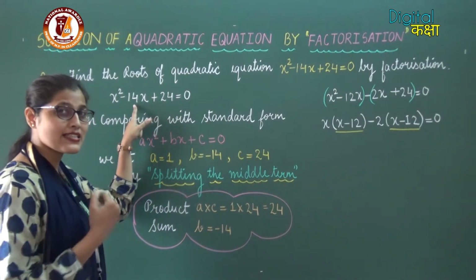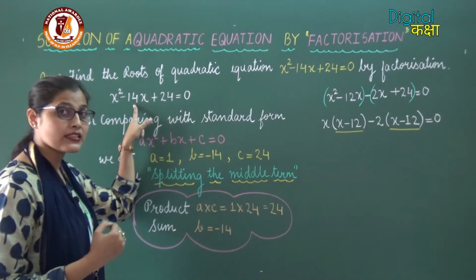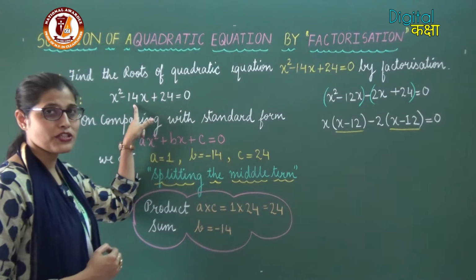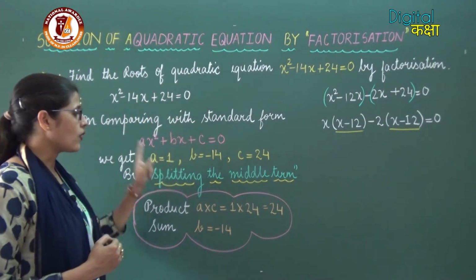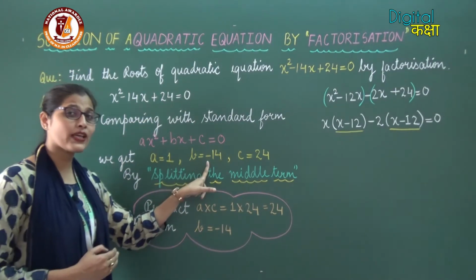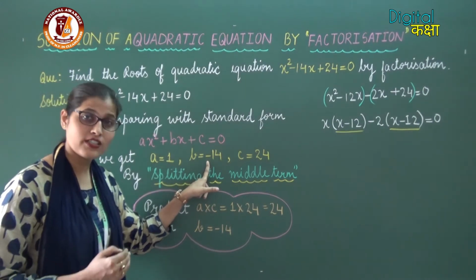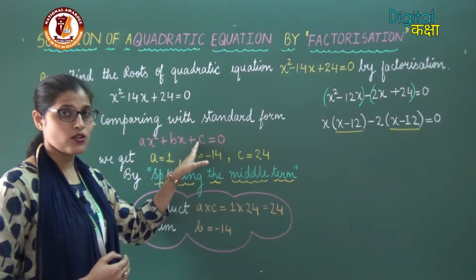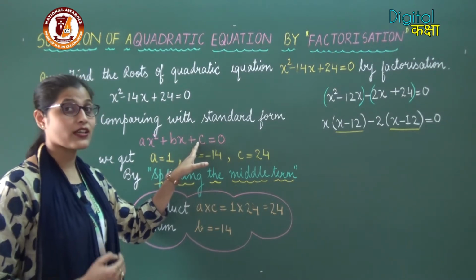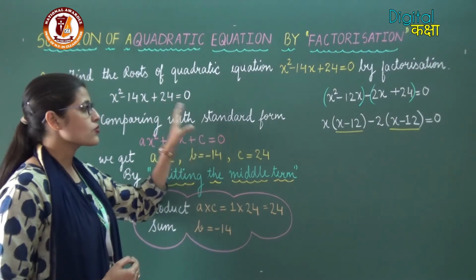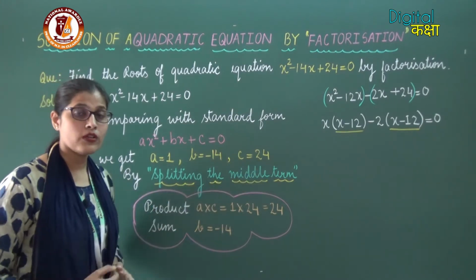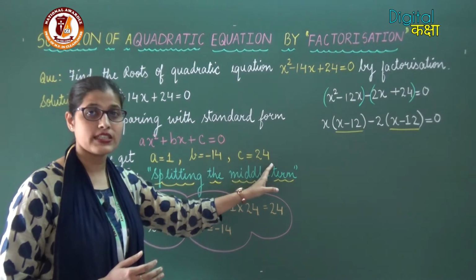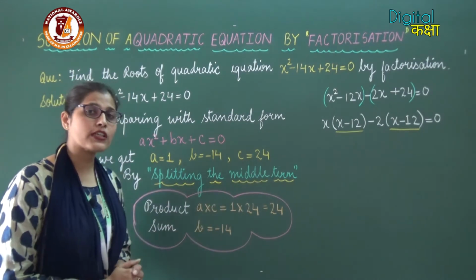As you can see, the variable x is having minus 14 as its coefficient, so the value of b will be equal to minus 14. And as you can see the constant, on comparison, we are getting the value as 24. Therefore, the value of c is equal to 24. After comparison,